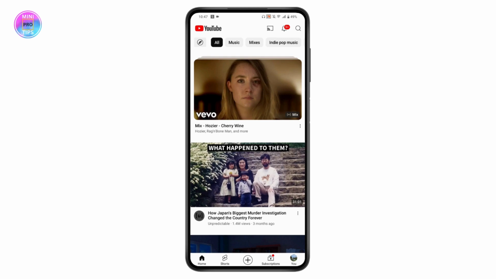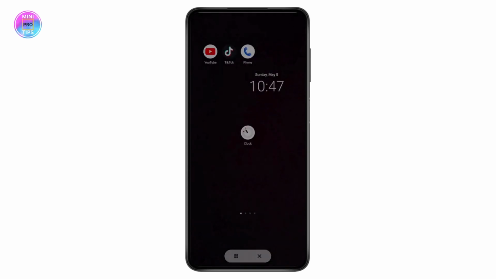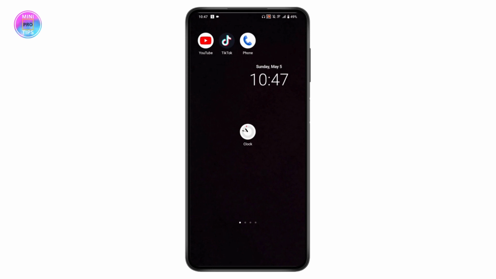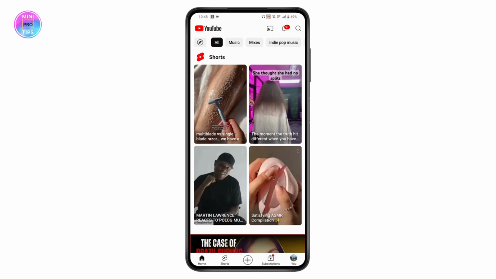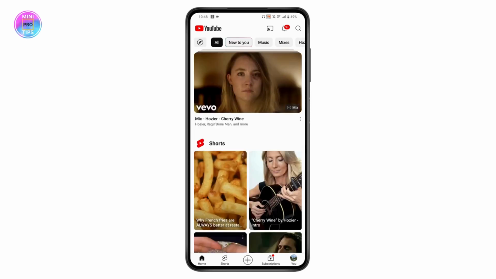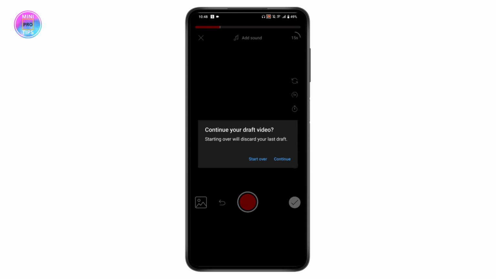And now what you need to do is you can simply remove the YouTube application and you need to again open up your YouTube. Once you've opened your YouTube, now you can simply go for the plus icon, which is on the bottom again. Tap on the plus and here it will ask you if you want to continue your